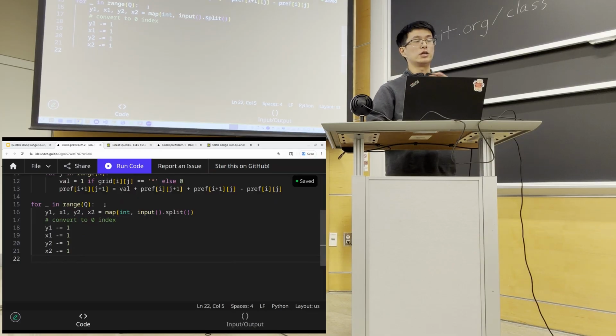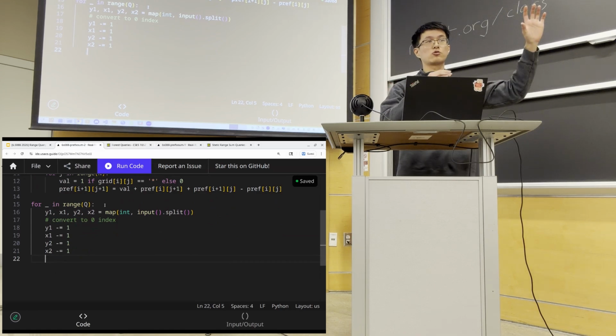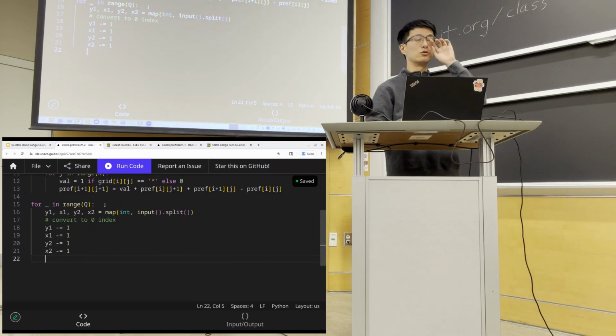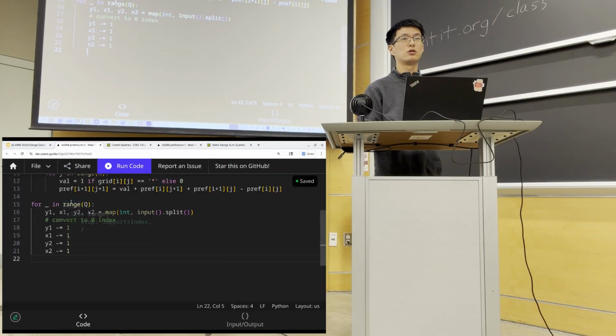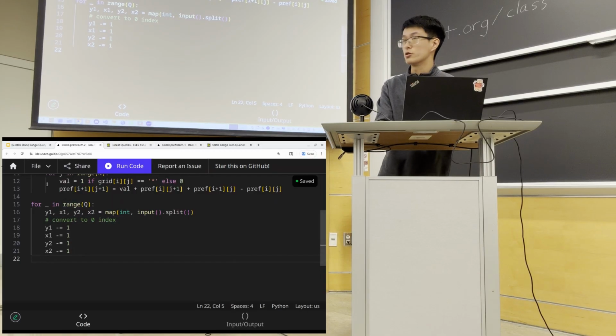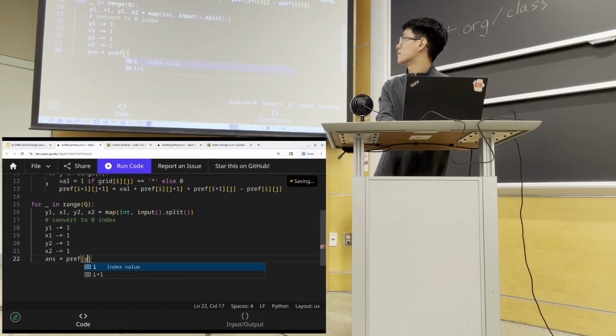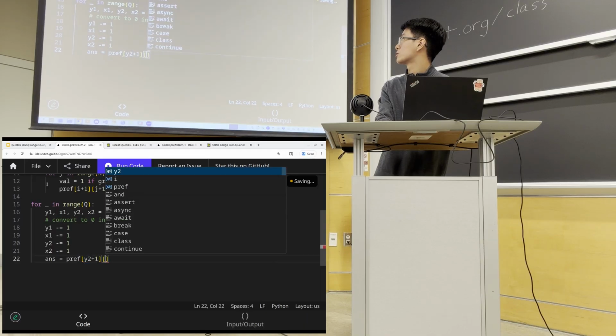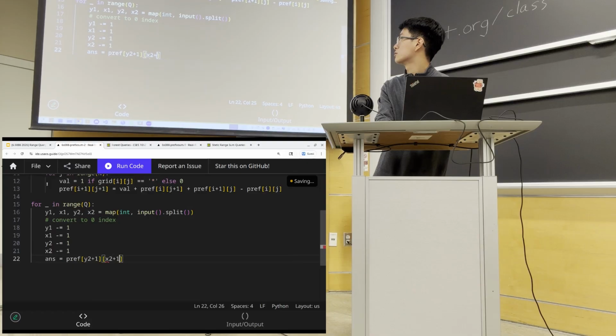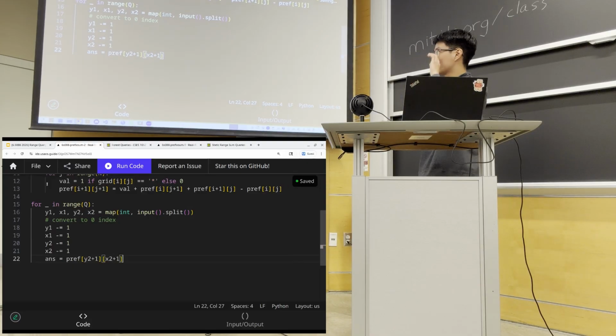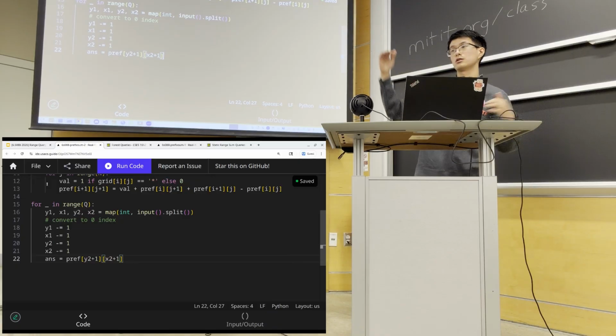Now we have the indices we want. We want to query from y1, x1 all the way to y2, x2. Using our query formula, we get that the answer is prefix of y2 plus 1, x2 plus 1. So this gets, in our reindexed prefix array, basically everything that's to the left and up of our bottom